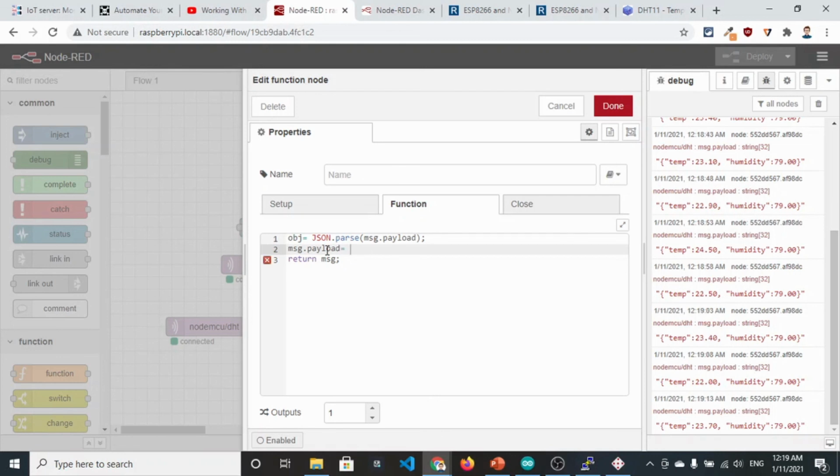In the msg.payload you can send whichever value you want to send. I want to send the temperature value, so first we parse it, then we search for it, and in msg.payload we will send object.temp.